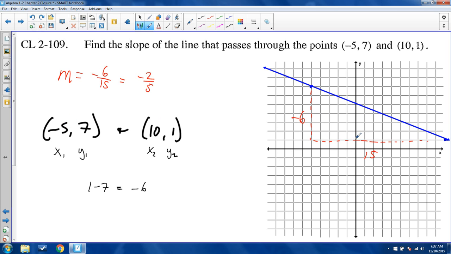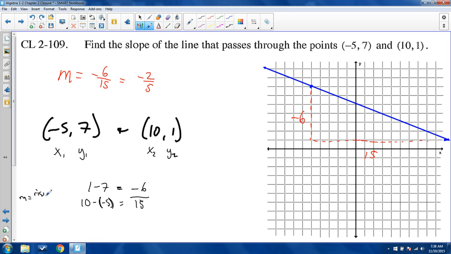1, 2, 3, 4, 5. You have to go an additional 10 to get there. So 5 plus 10 is 15. So that's 10 minus negative 5. Again, you are subtracting your two numbers to get there. 10 minus negative 5 is 10 plus 5. That gives you 15. So that's how we're getting those numbers here, negative 6 over 15, because this was slope